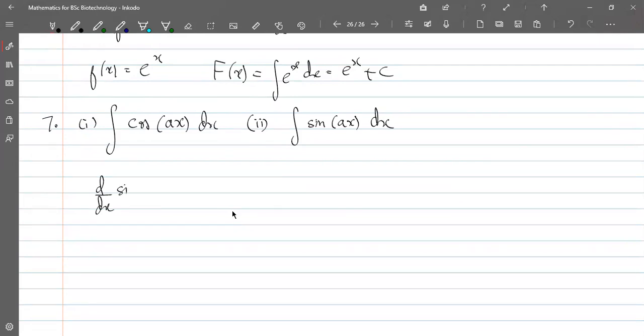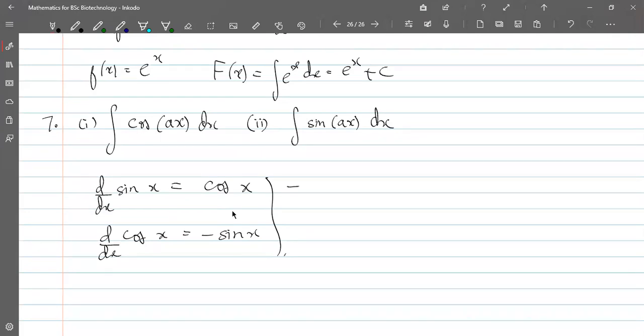What you know is differentiation of sine x. Because you have to recall where you have seen this as the result of differentiation. You're not going to differentiate this and find something; you're going to think of the RHS in a differentiation formula. If you differentiate something, you should get cos. It doesn't have to be exactly cos ax. You can start with something where cos is present and then adjust it a little bit until you get the correct thing. So differentiation of sin x is equal to cos x, and differentiation of cos x is equal to minus sin x. These two formulas you remember.